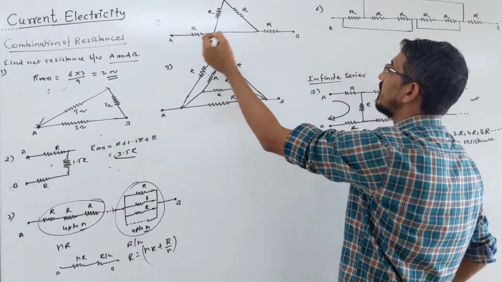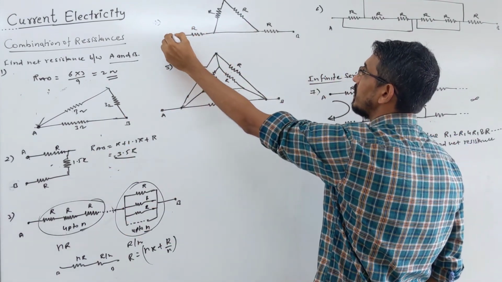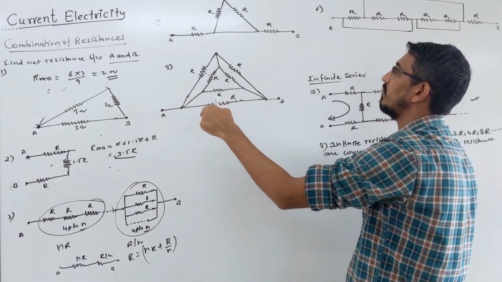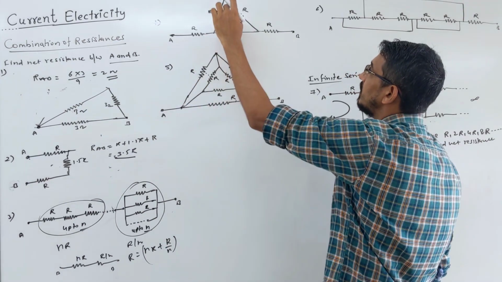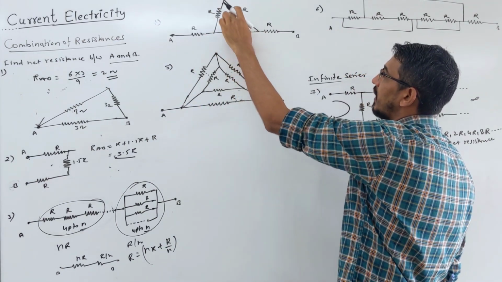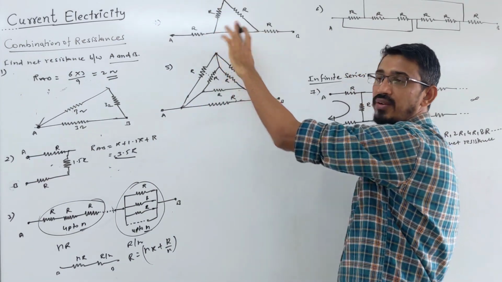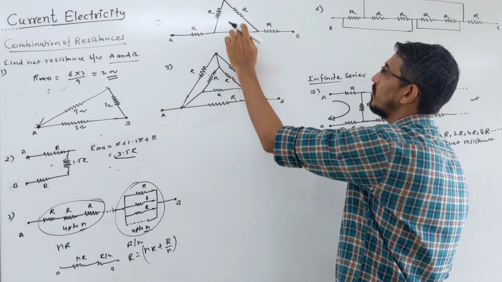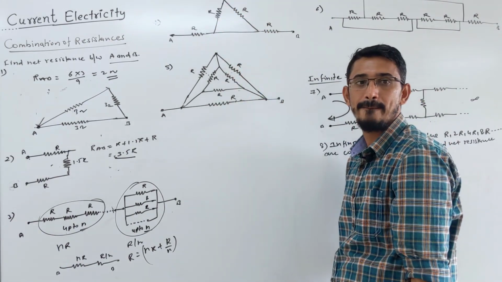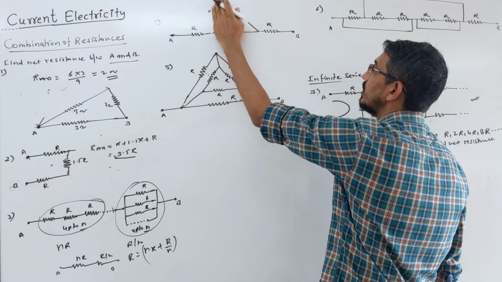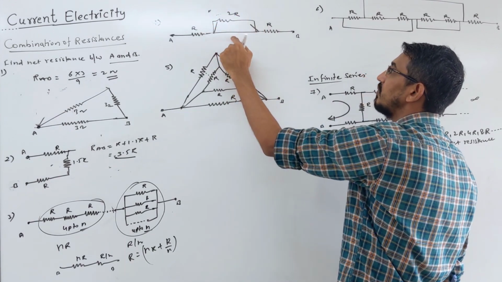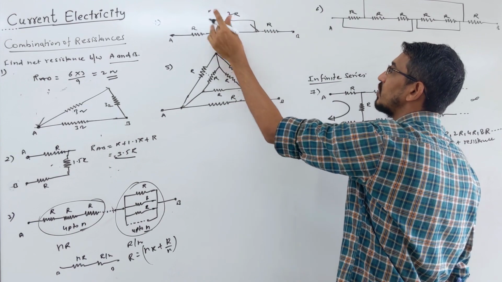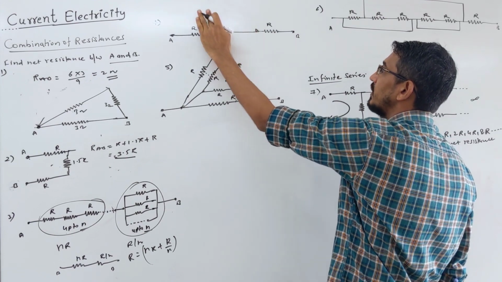This circuit is given, finding again the same question, find the resistance between A and B. Okay, so watch carefully, these two are in series, R and R in series. What is the answer? 2R. Now this branch and this branch are in parallel. Here there is no resistance, only a wire. So this is a short circuit toward that branch, right? 2R. This is a wire only, just a wire. So this is a short circuit, meaning no current flows in the top branch.